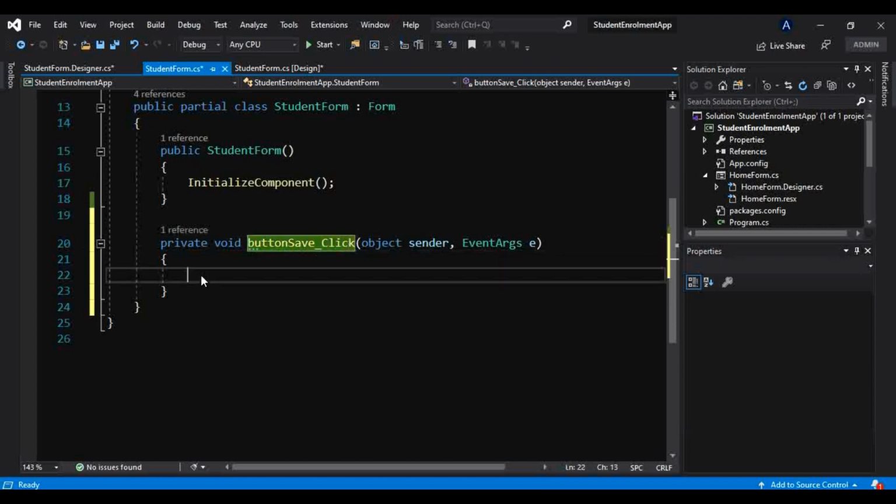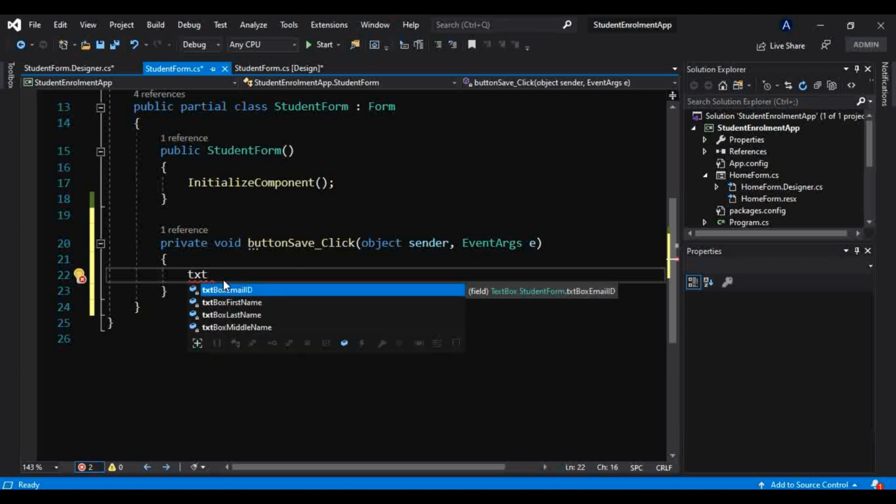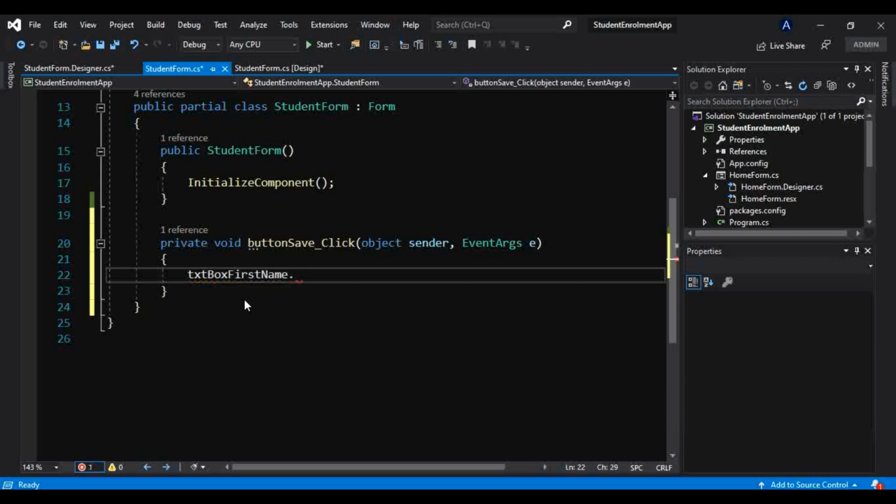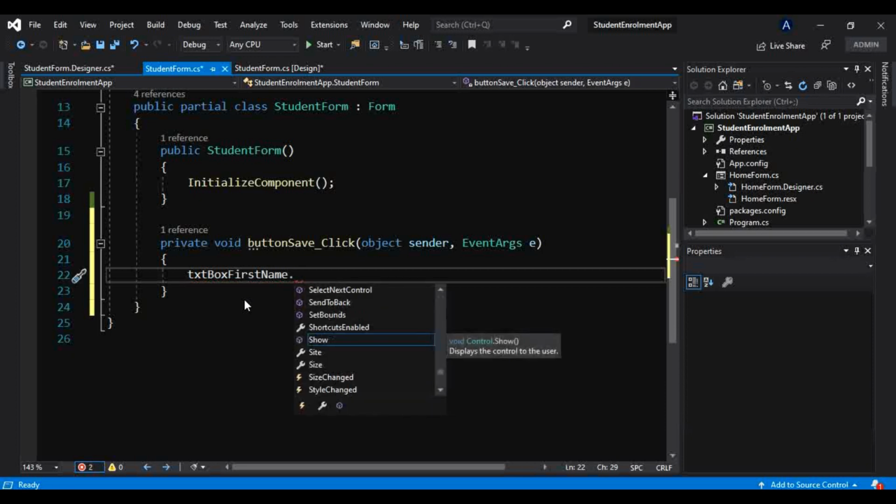We can find all the things from here. That is why I told you in the previous part of this Windows application that we should give the text boxes, combo box and labels meaningful names, because we want to use them in the future. Now it is very useful because we have given them meaningful names.